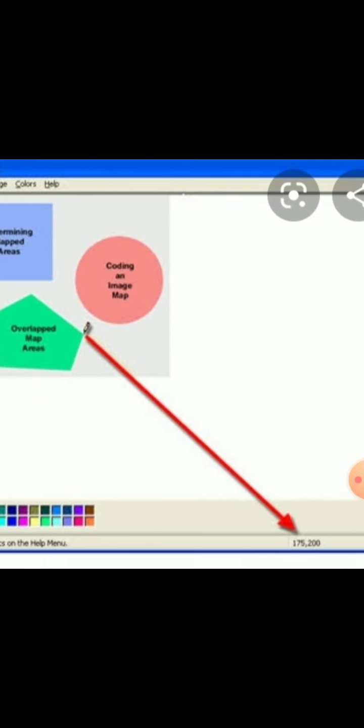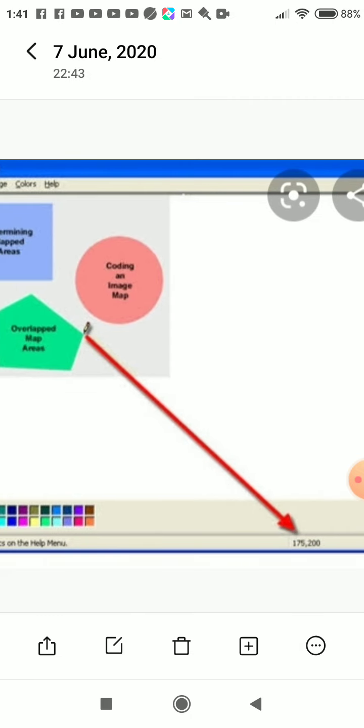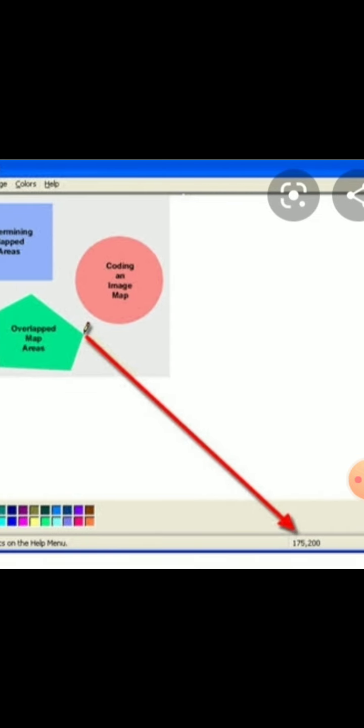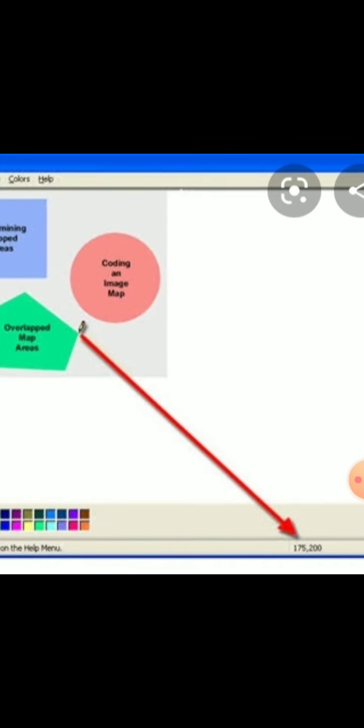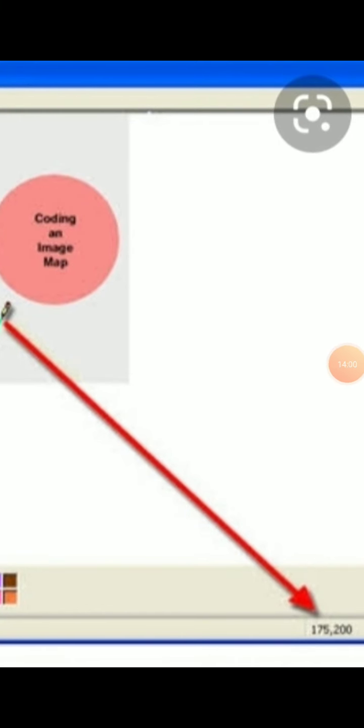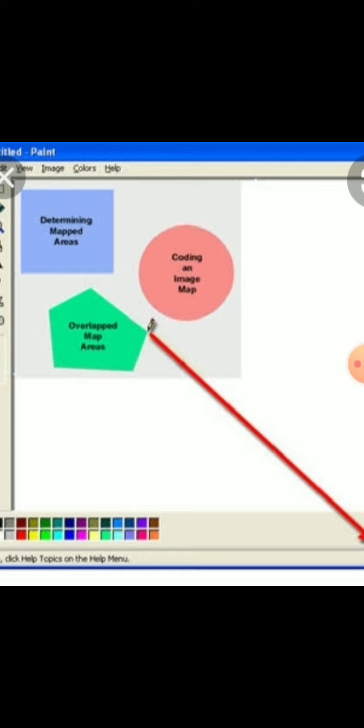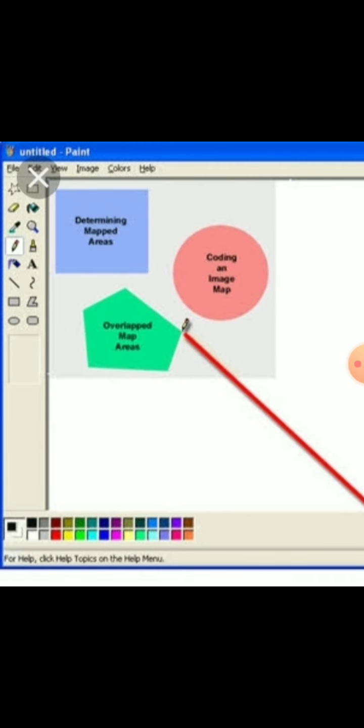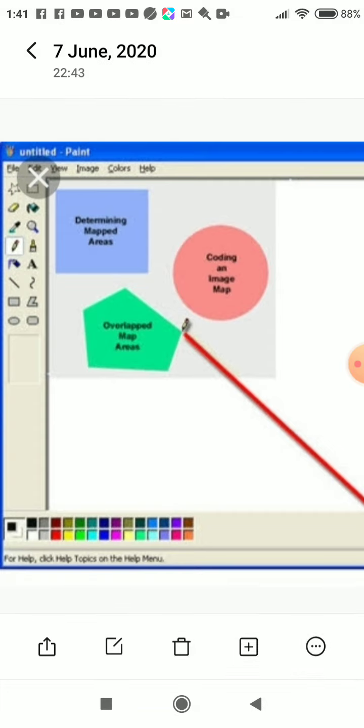Whenever you note, you keep the mouse over there, and below that you will be able to see on the status bar which area we had clicked. You have to look at the status bar and go on noting the coordinates. But which coordinates to note, I'll show you in another image.